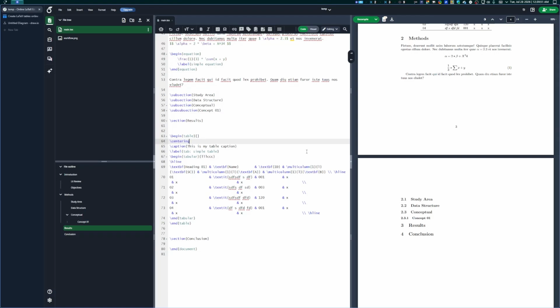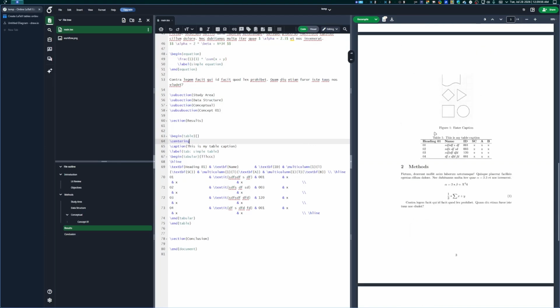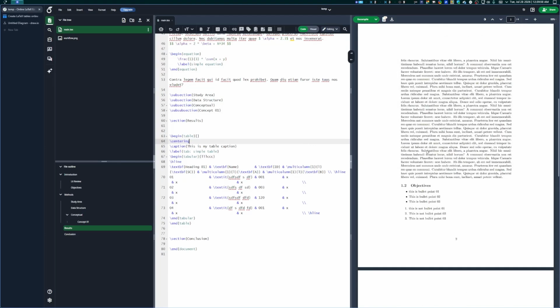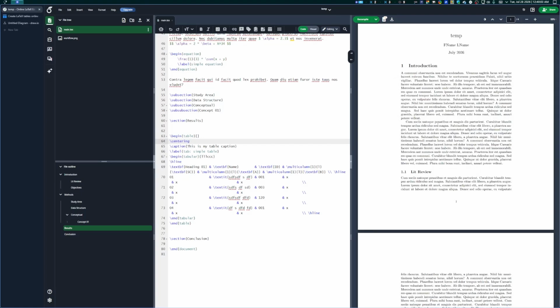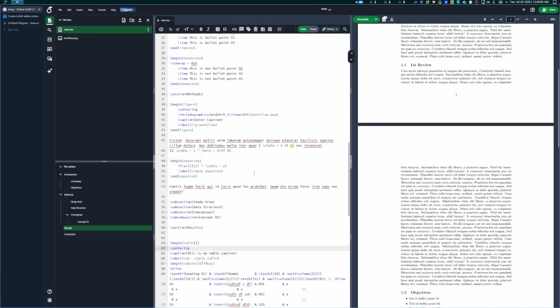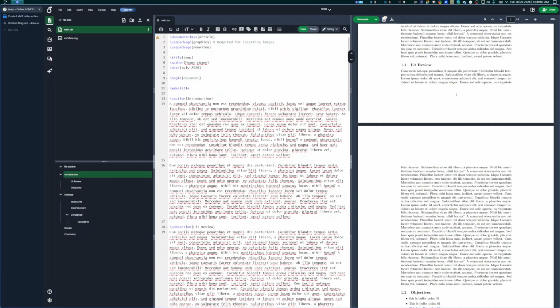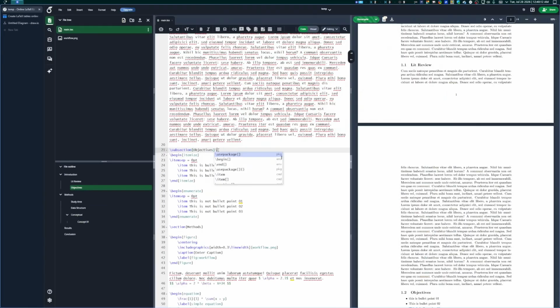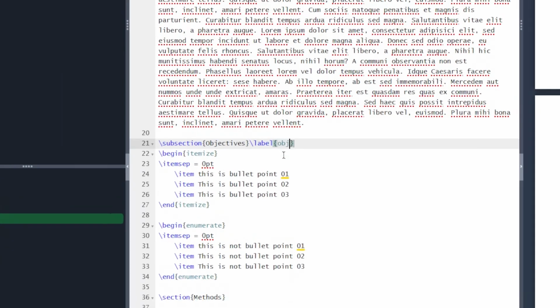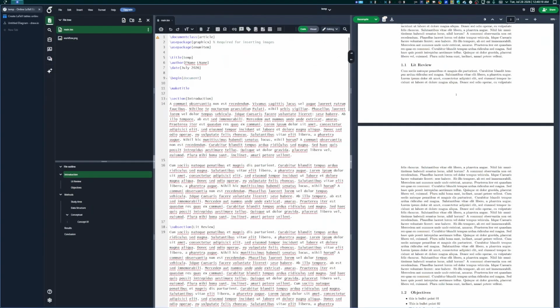Now let's come to the labeling part. Why are all the labels used? For example, if you are talking about your objectives inside your introduction, how can you mention it? So we'll go to my objective section, write a label command in here, objective, give a call sign, and inside my text I will just say this is mentioned